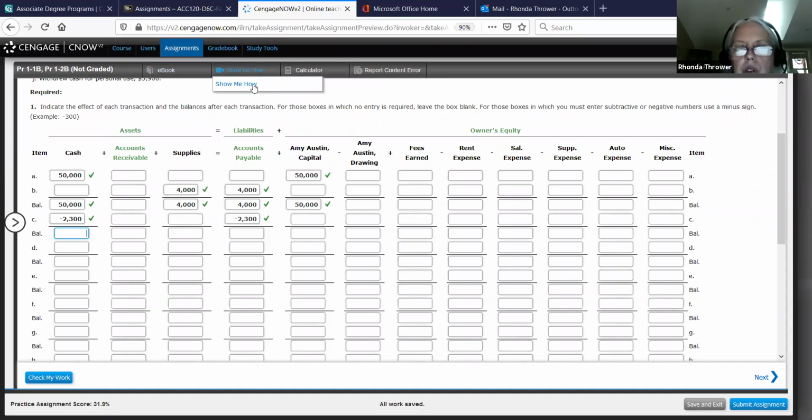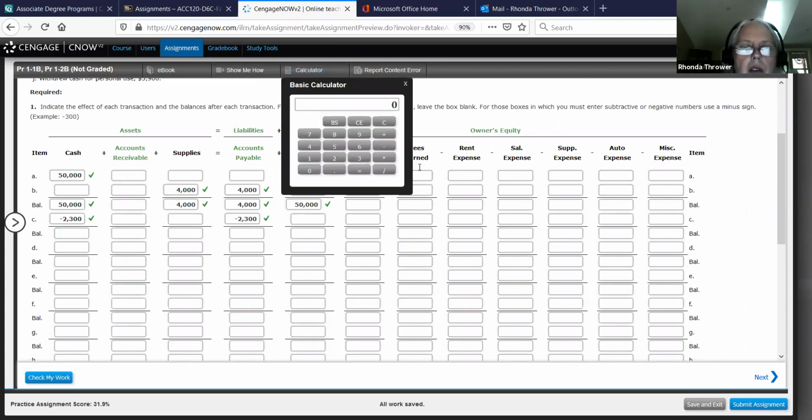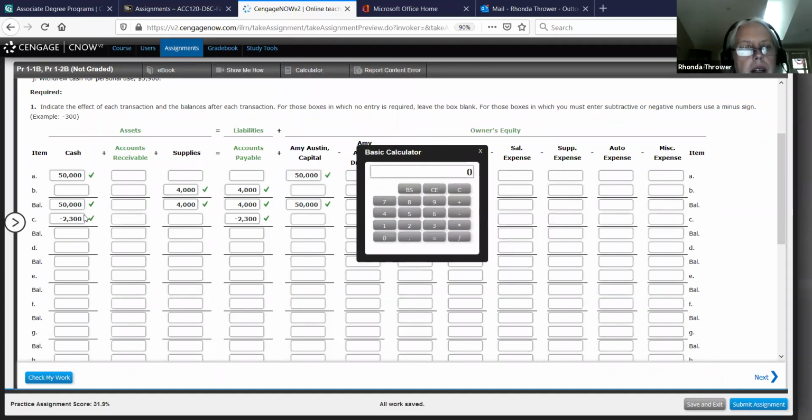In this problem, they have a show me how. So you can click on that if you got lost on one of your transactions, and it'll show you how. Sometimes they have this feature built into your problem. Sometimes they don't. But in these beginning problems, they most likely will. Now, if you want to use a calculator, they have one built in for you, and I use those a lot when I'm presenting to you. So we're getting back to